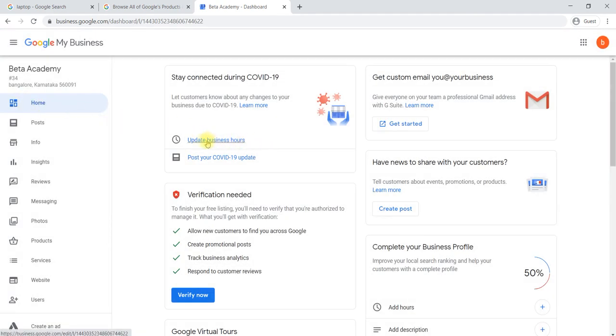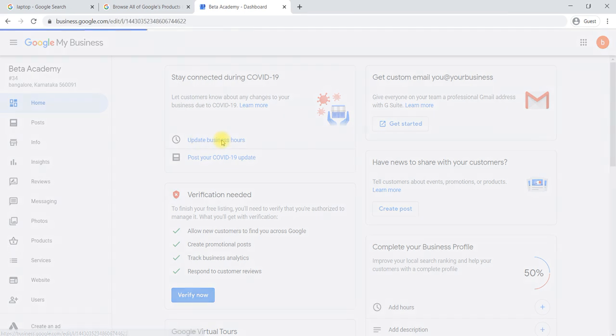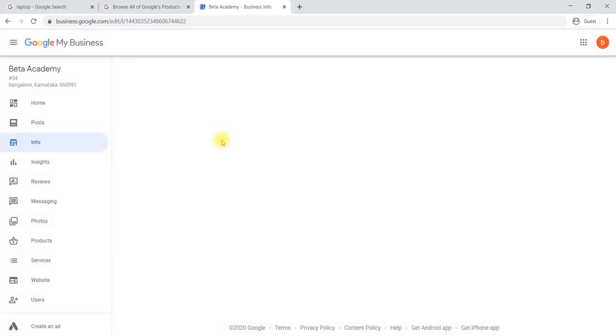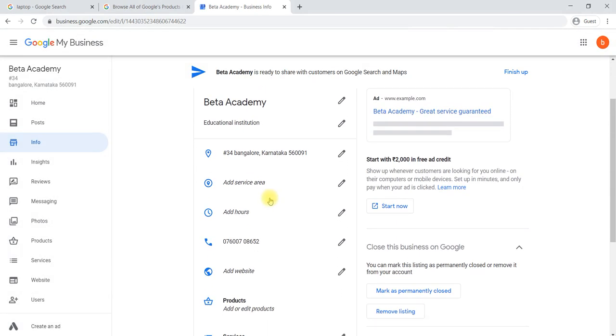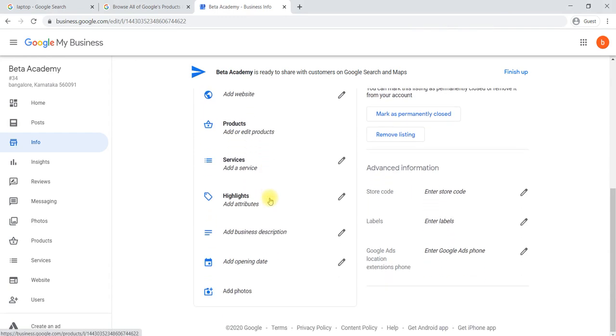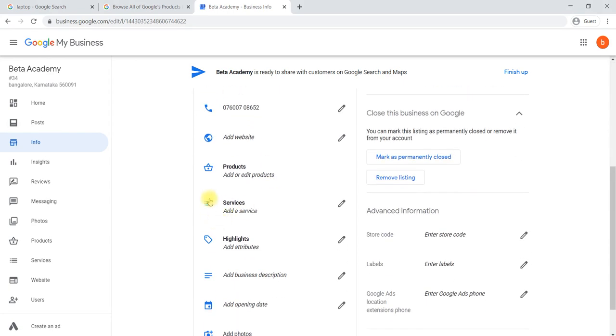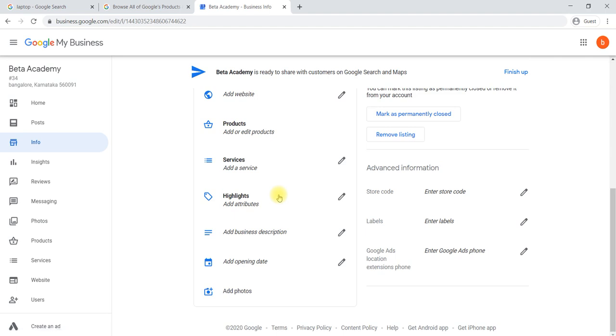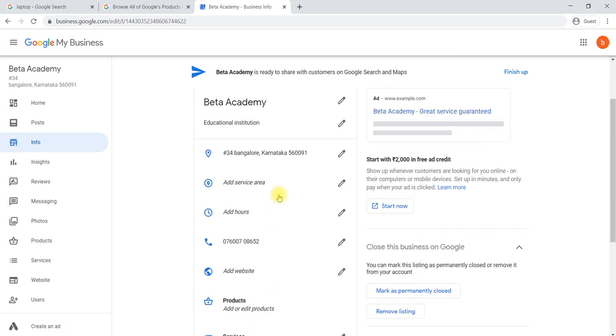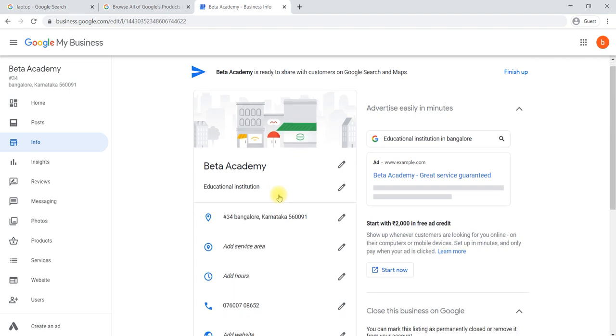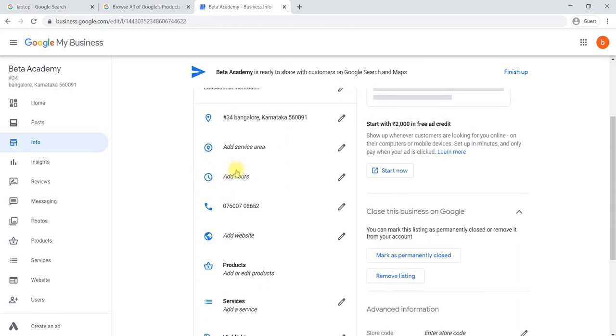Here you can update. The first thing we have to do, the first section, what is the requirement they are asking? That is nothing but updating business hours. Okay, we'll update that one. Here we already taken. We can go to business hours. Here, add hours, the third option. We'll edit this one by using this pen.